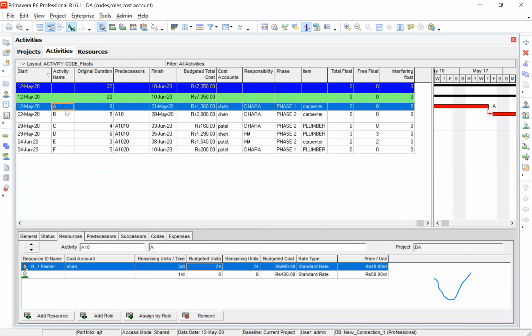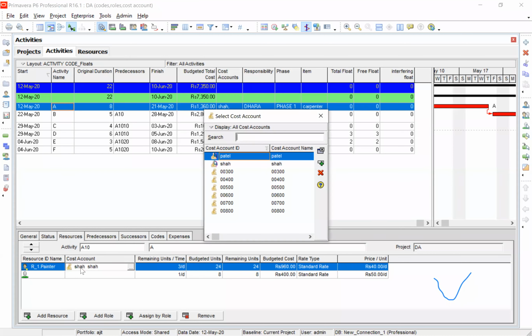Now, if I take the first activity and go to resource, there is that cost accountant item. Can you see that in the lower window? So I can select for activity A. Right now it is Shah, but if I expand this, I can make it Patel also.